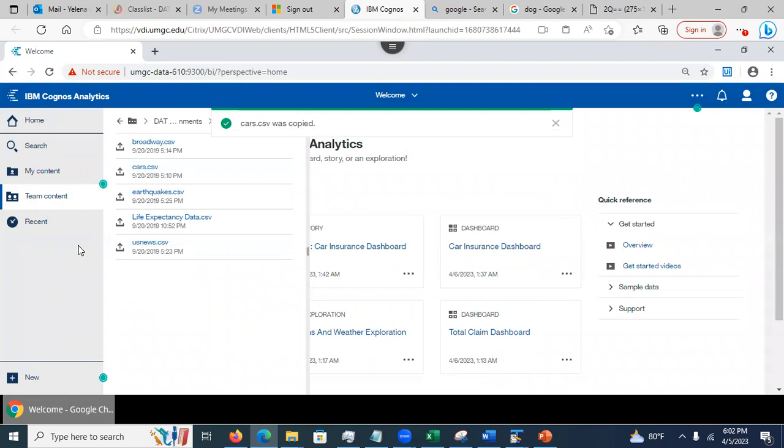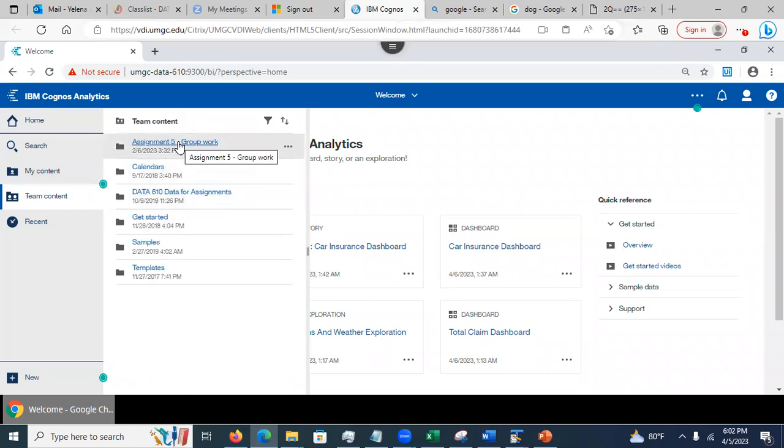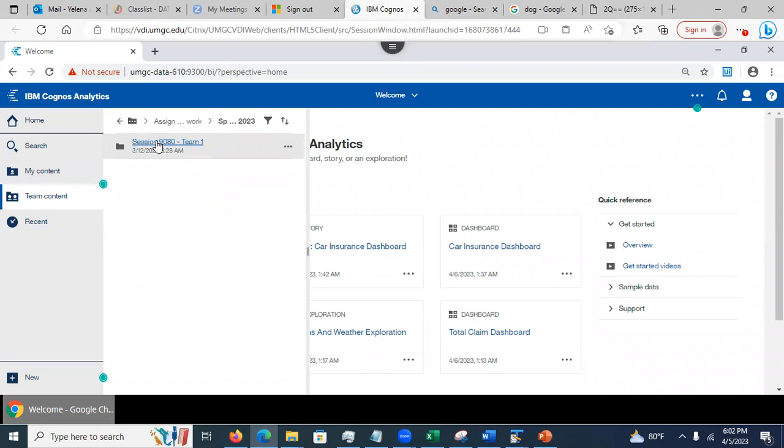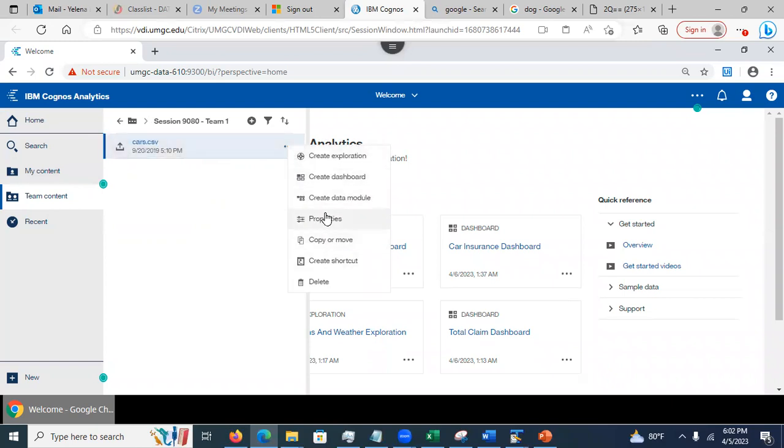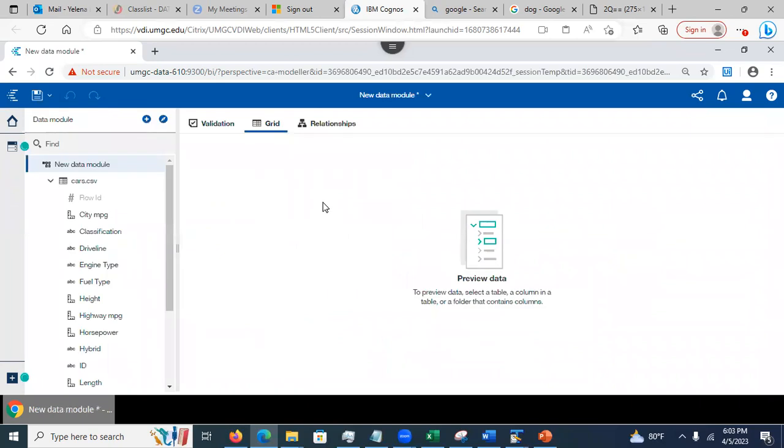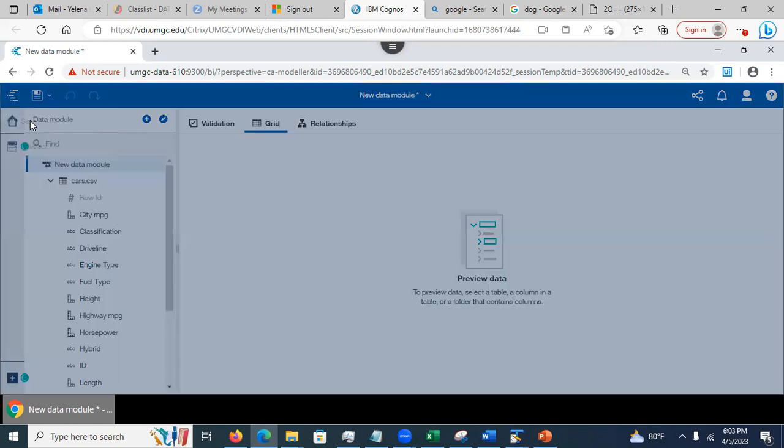Copy. Now I'm going to go again to the team content. See here those little breadcrumbs? It shows me which folder I currently have open. So now I'm going to go back to my folder. Do you see this? I see the cars data. The next thing I want to do is create a data module, because my team will be doing some data pre-processing. So I'm going to go here and save it as,